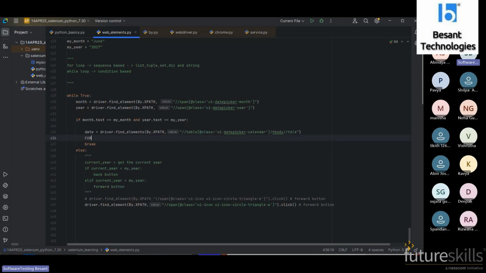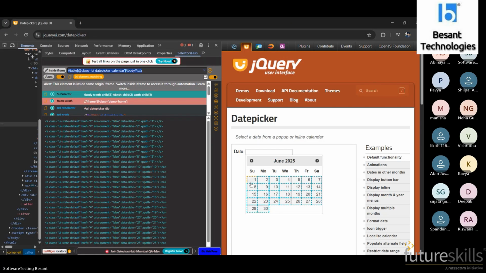We need to use a for loop because we have a table. This table has multiple values, but month and year are not like that. In the single window we have only one month and one year. In the next iteration it will move to the next, so we have a unique, single value.